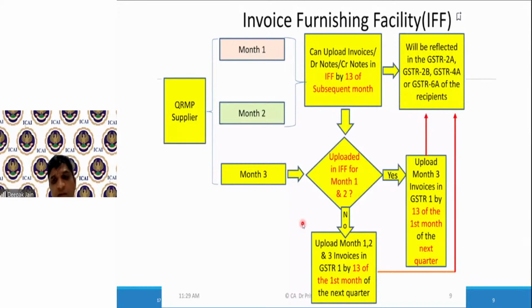So he will have to wait for it to appear in his GSTR-2A. Sri Lakshmi, in your example, if your reporting itself is in June, meaning the time of supply is in June, then it's fine. If your time of supply is in April and you are doing something wrong, then there is an interest liability. Is it compulsory to file IFF? No, it is optional. 1 month you file, 1 month you don't file, that is fine.